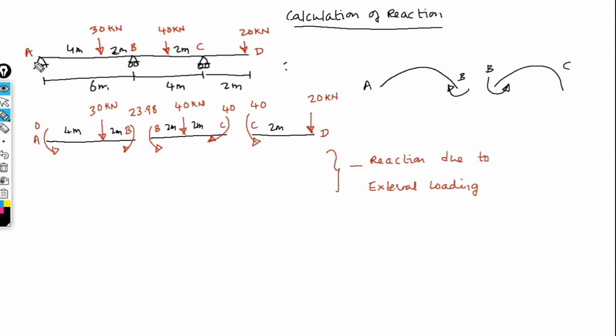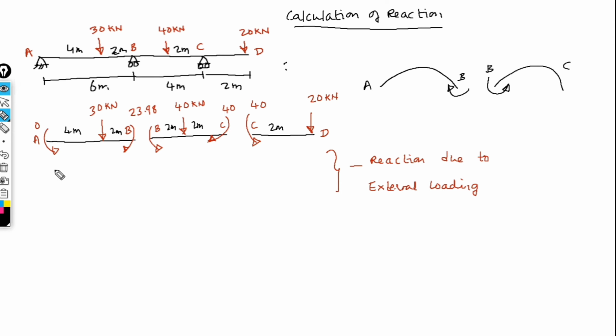So here MA is 0, we don't have to worry. MD is 0, we don't have to worry. We have the values of MB and MC, both are negative. So they will create hogging moment. Here it will be clockwise and here it will be anti-clockwise of the same magnitude. So why is it clockwise? See, hogging means it will take the beam upward. So in order to take the beam upward, here the moment should be clockwise and here the moment should be anti-clockwise.